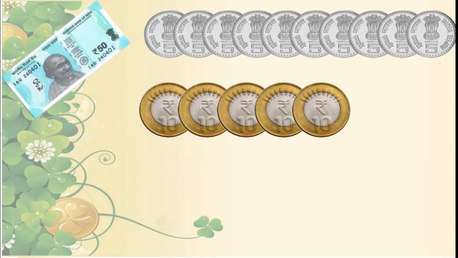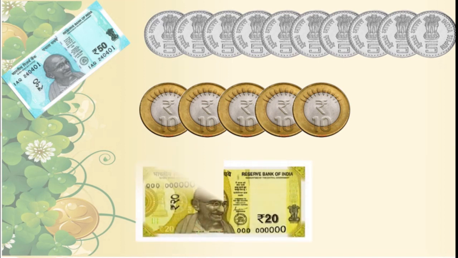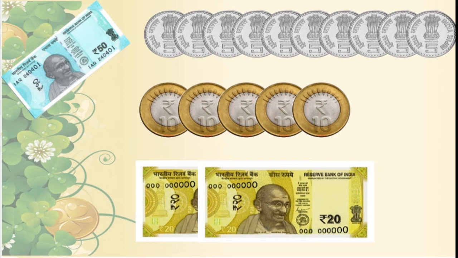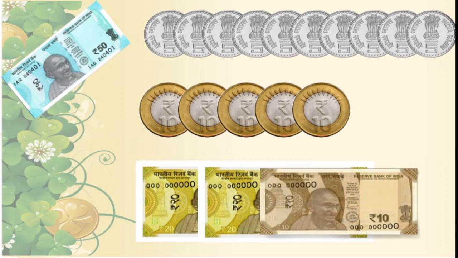Right? Now I need 20 rupee notes. Okay, we will see, 1 20 rupee note, one more 20 rupee note. If I take one more 20, then it will become 60 rupees. So I will take, or I will get, one 10 rupee note. Isn't it? That became 50 rupees. Right? Good.